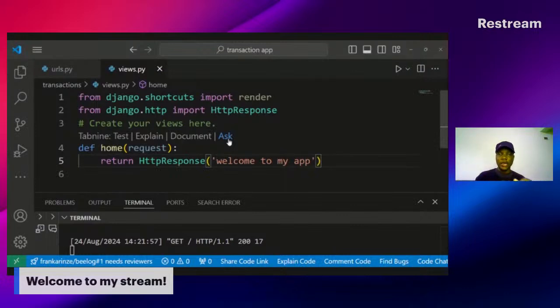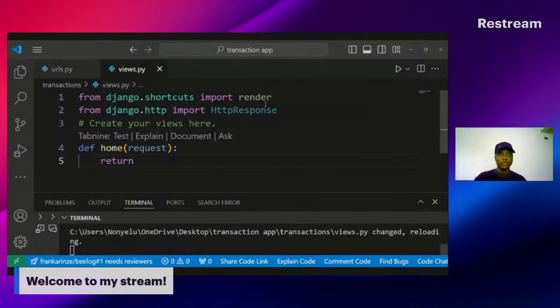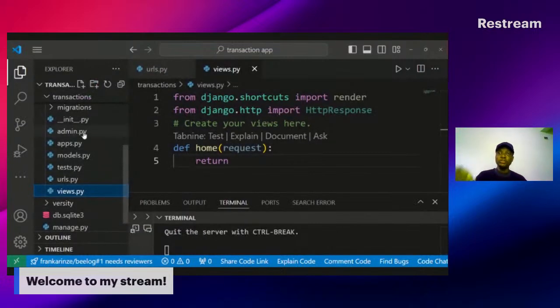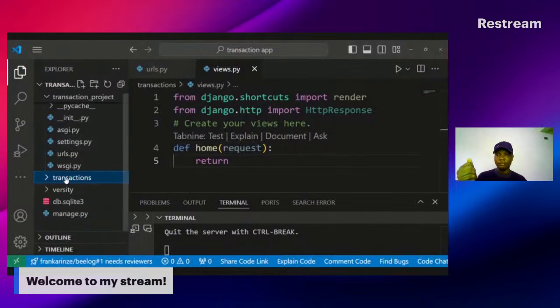So that's why we have to separate everything. Instead of writing all our HTML here, what we are going to do is function or the render method to do that. And to be able to use render, Django app, which is in my case transaction,